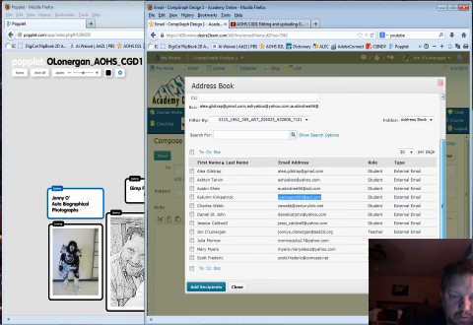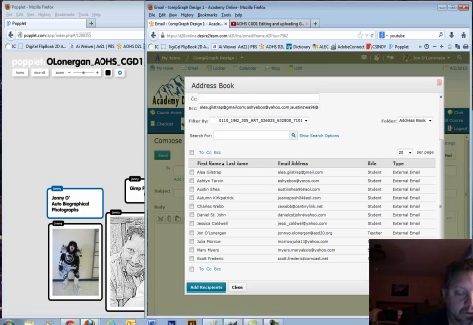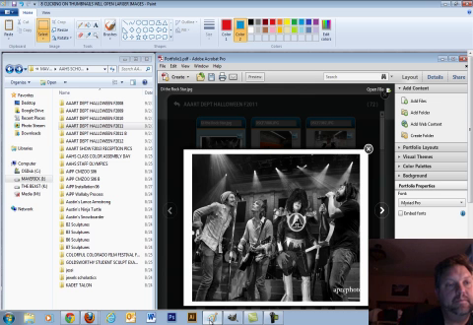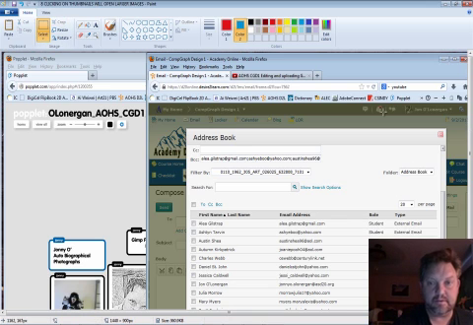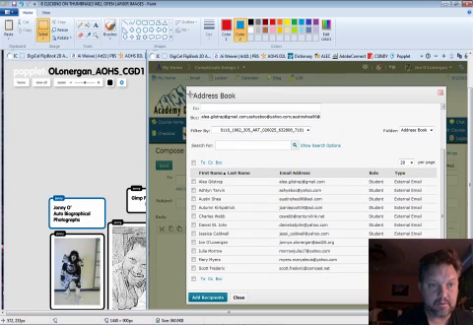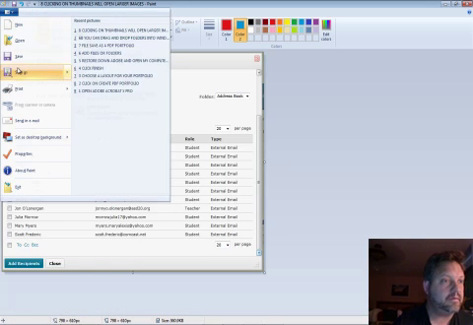Let's do this. Because this is everybody in our group, including myself, I'm going to screenshot this, and then I'm going to upload this as an image to my Popplet, and once I share it with you, you'll be able to get all these emails from my Popplet. So I'm going to print screen. I'm going to go to Paint and paste it in there. I'm going to crop this so that it has everybody's addresses. I'm going to crop to there. I'm going to go File, Save As,